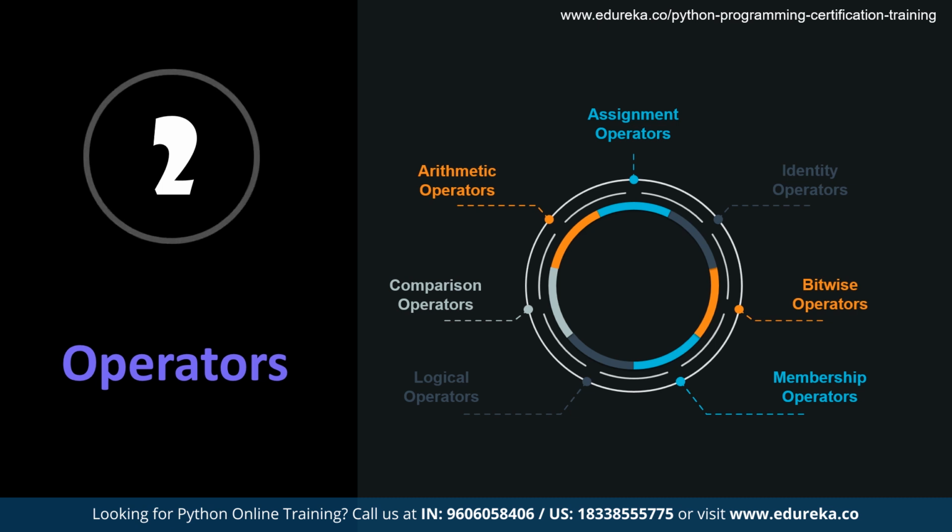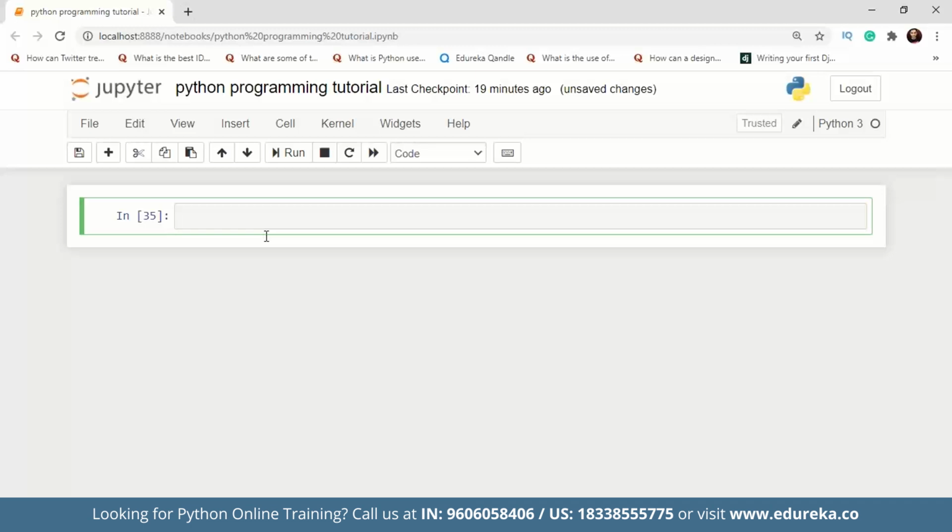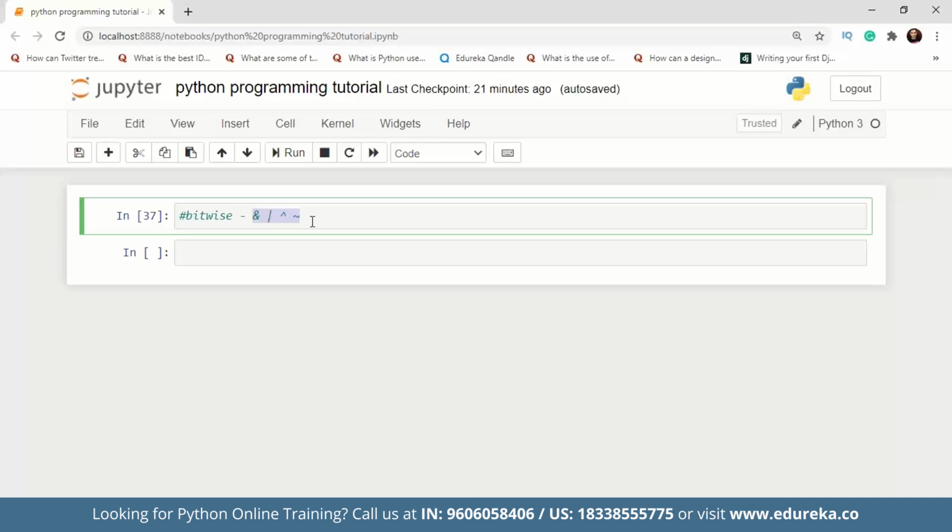And then we have membership and identity operators also. The identity operator is used to check if the object is the same, and the membership operators are basically used to check if a particular data type is present in an object or not, or if an object is present in another object or not. That is how it works. And the bitwise operators are again similar. We have bitwise and, or, and not. Talking about the bitwise and operator, it basically sets each bit to 1 if both the bits are 1, which basically means that if both the bits are true, then the answer would be true as well.